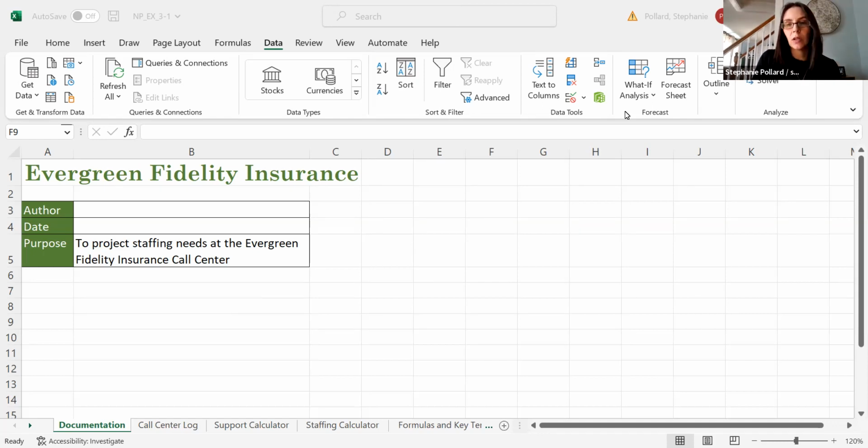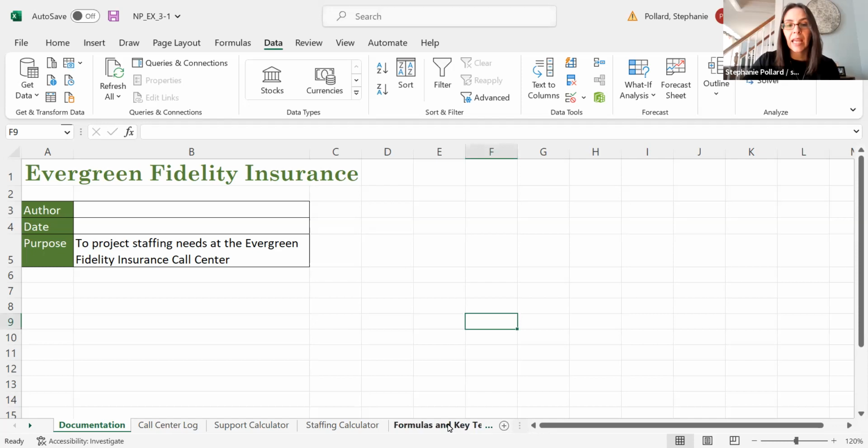One thing I want to show you here, so this is just a file provided by your textbook, looking at staffing needs and call center logs and things like that. This workbook does have quite a lot of formulas in it. So one thing that is recommended if you have a lot of formulas and you need other people to be able to follow along, or even for yourself, right? If it's something that you know you're going to maybe forget months from now how you did it or what you were looking for, at the bottom you'll notice that there is a tab or a sheet that says formula